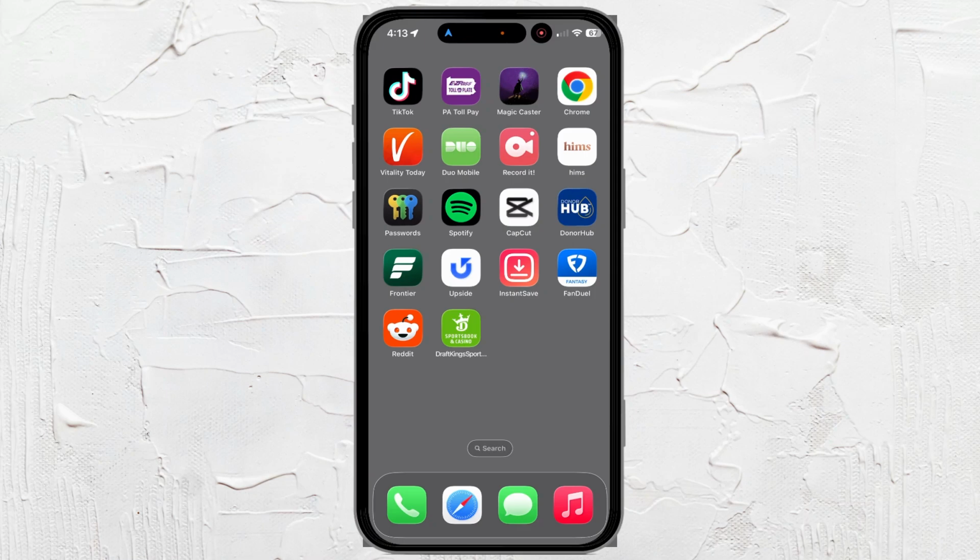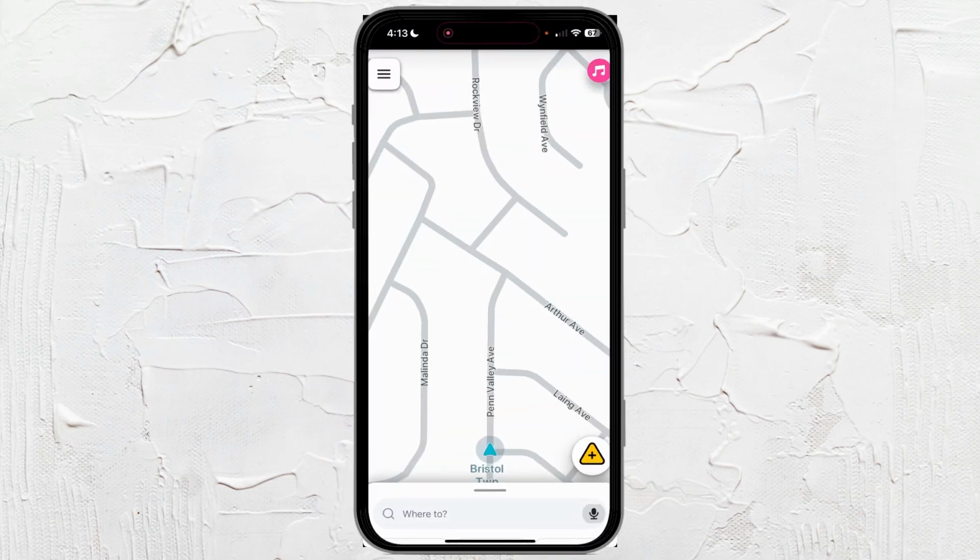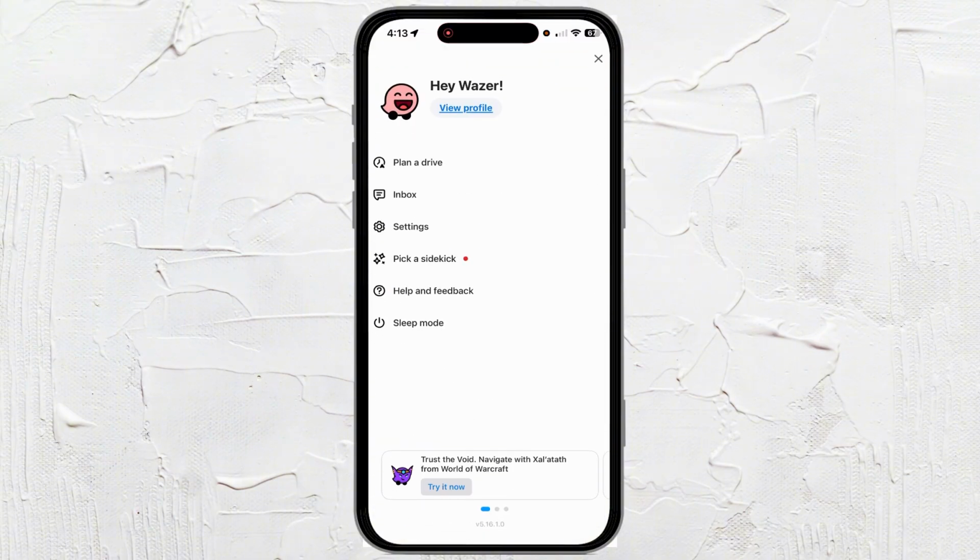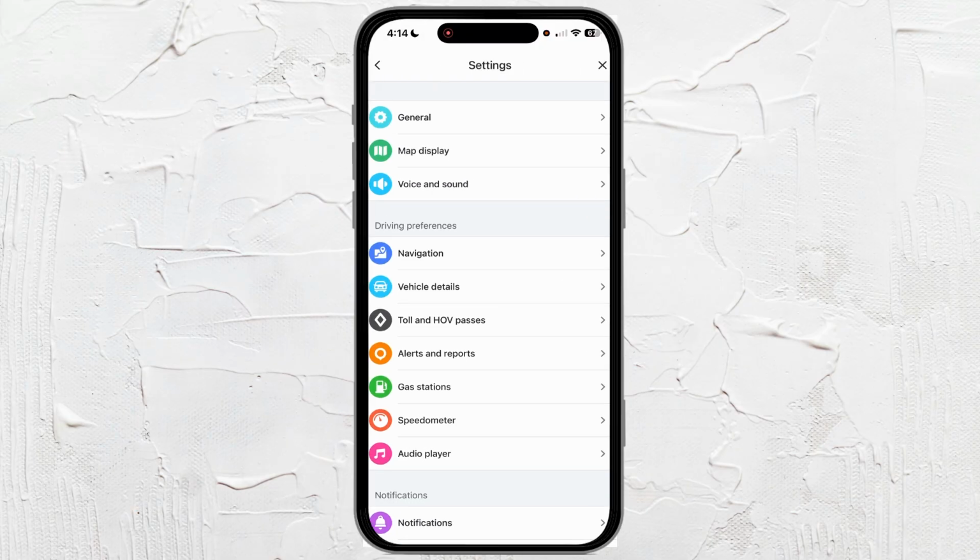How to avoid highways on your Waze app. So what you can do is go to your Waze app, and before you put in a destination or anything like that, you want to hit the three lines at the top left-hand corner. This is going to bring you to your accounts and your settings and all these things. So you just want to go to your settings, and you want to